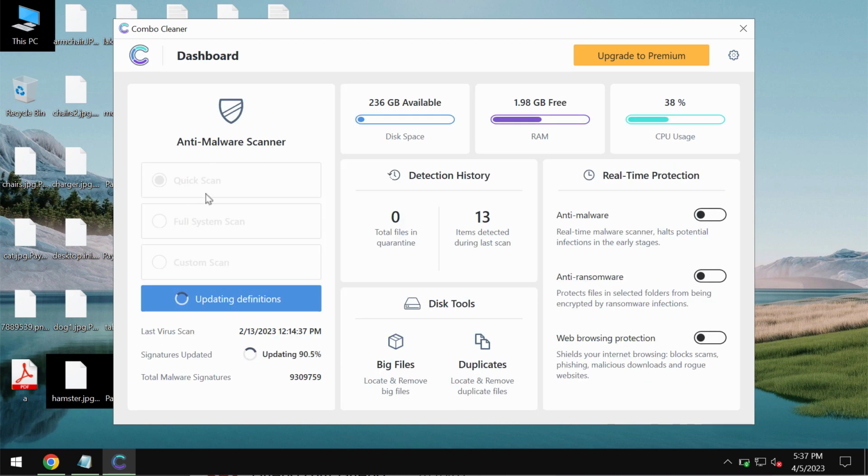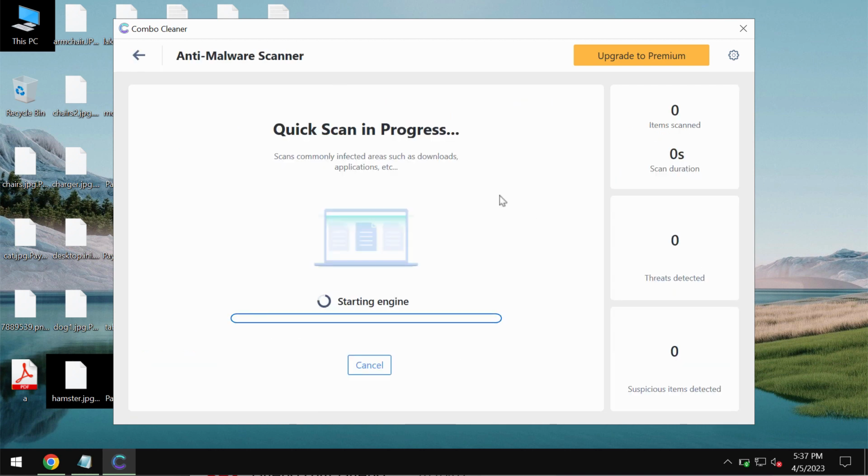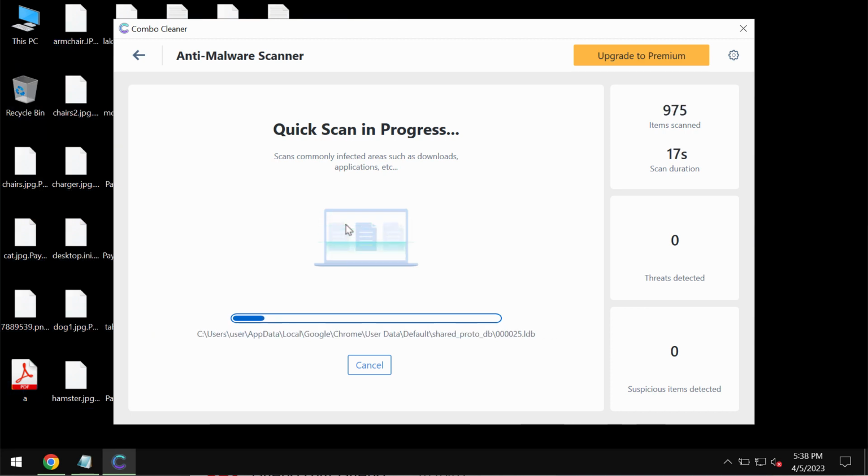Initially, as I said, quick scan option is only available. The program will first of all update its anti-malware database. So then, after the anti-malware database has been successfully updated, Combo Cleaner begins scanning and investigating your computer. Then, at the end of the scanning, you will see the summary of all the threats which were revealed on